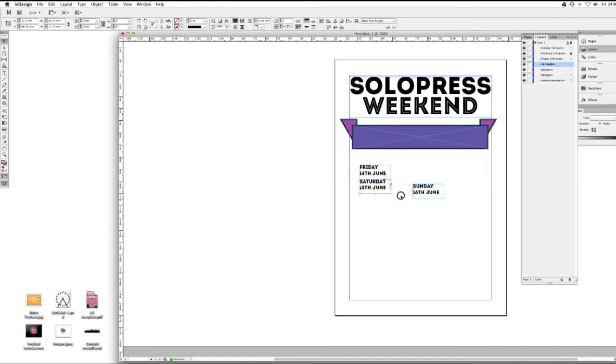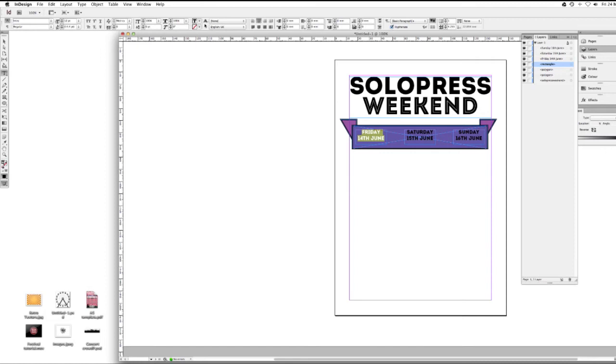I'll readjust the size a little bit. I'll just make sure they're all aligned so I have no problems when placing them into position. And I'll go ahead and make the text white and just paste that white, paste that white as well. And just adjust the centering.